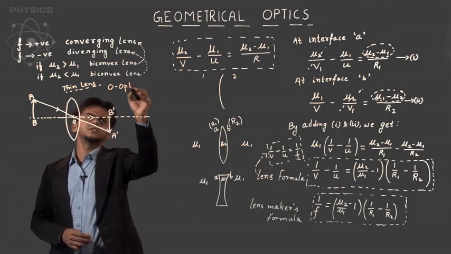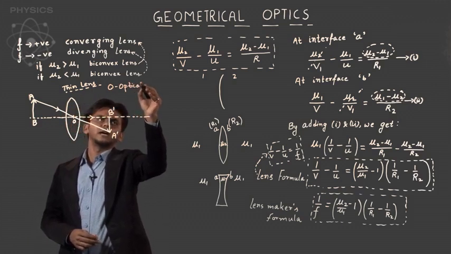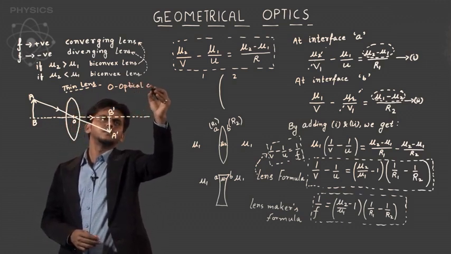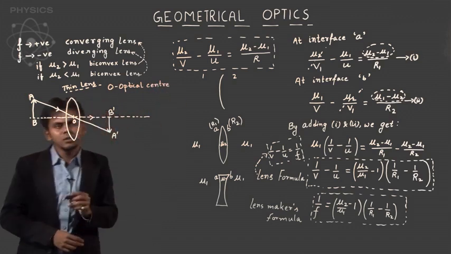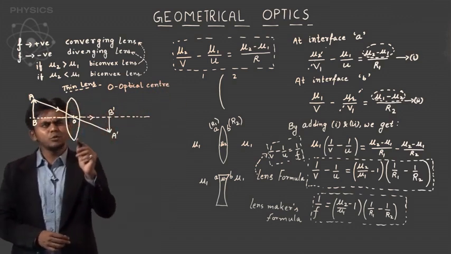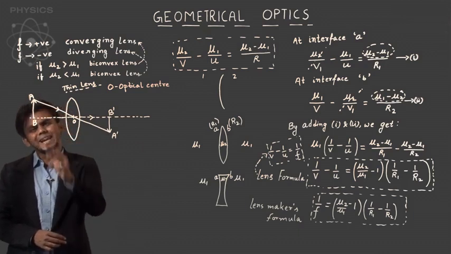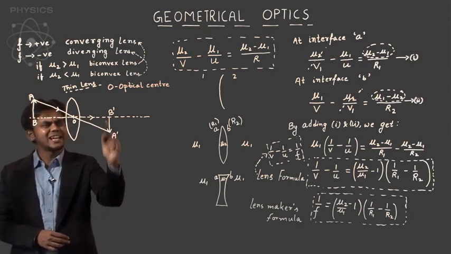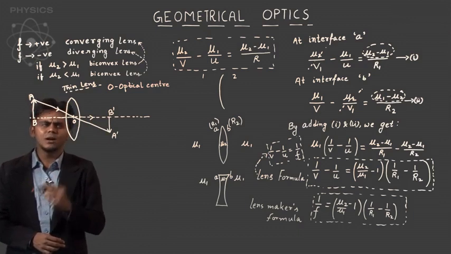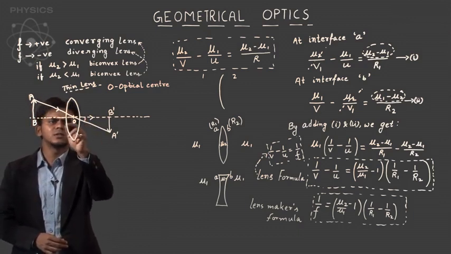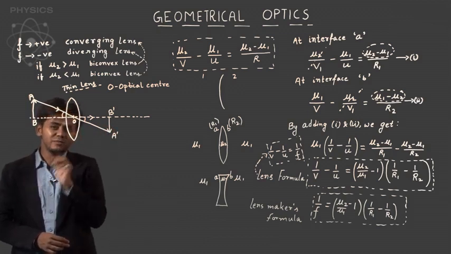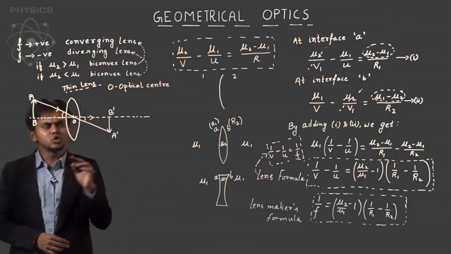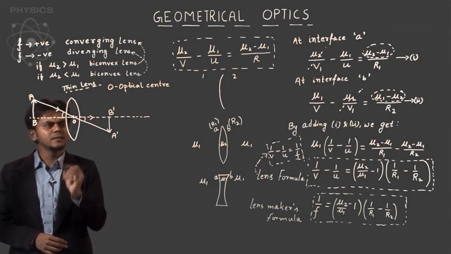It doesn't make much of a difference mathematically speaking, but you should know the terminologies. Now, if you look at this diagram, triangle ABO and triangle A'B'O are similar because this angle is equal to this angle, and this is 90 degrees, this is 90 degrees, which means these two triangles are similar. So I can say that